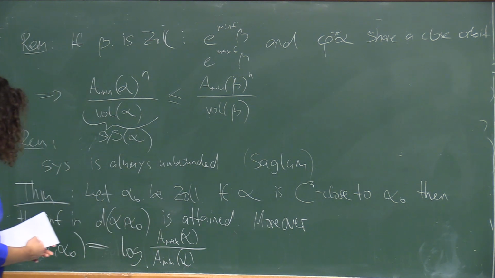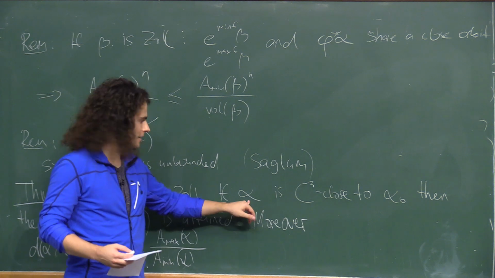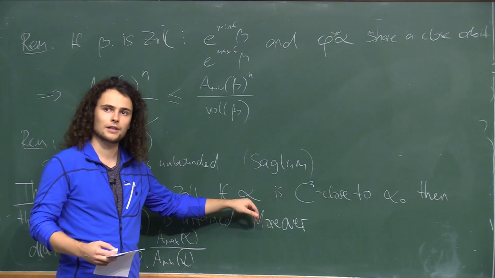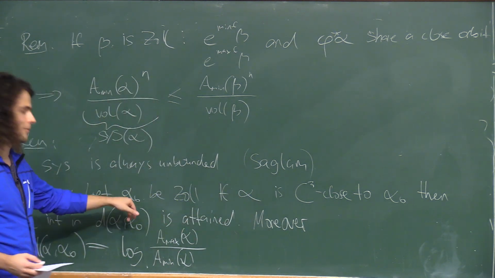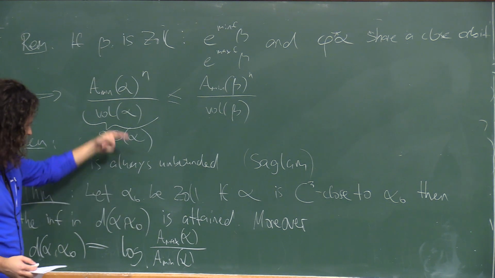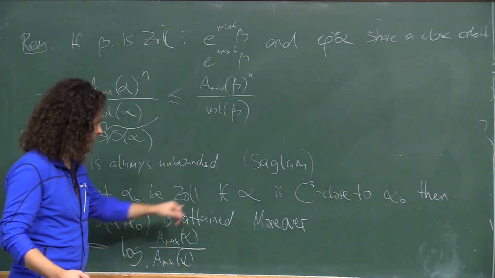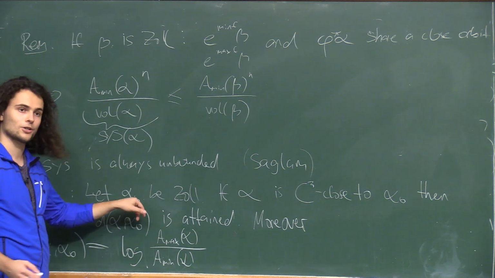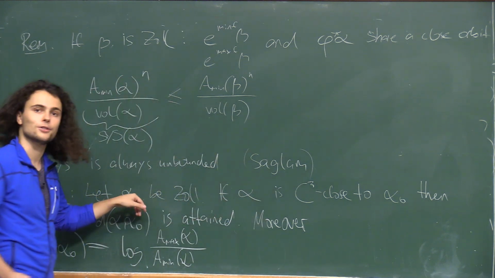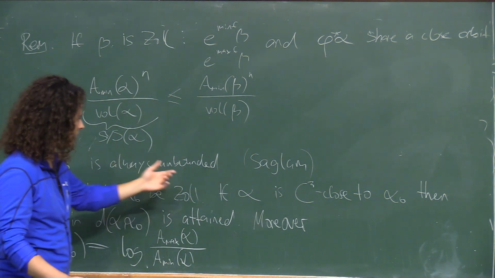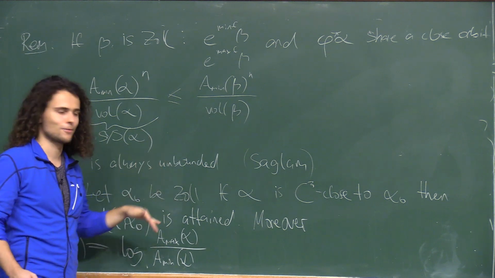So the idea is we have this Zoll contact form with all the orbits closed, and then we have a small perturbation, and then the closed orbits of the perturbation come in two classes. There are closed orbits of the perturbation that are just perturbations of the closed orbits of alpha 0. Like there's a simple orbit here and slightly perturbed, and there are these kinds of orbits. Those I want to call short orbits. So the action of these short orbits are close to the minimal action here. And then there are other orbits which are perturbations of multiple covers of these orbits. So the action of those is at least twice the minimal action here, or a small perturbation of that.